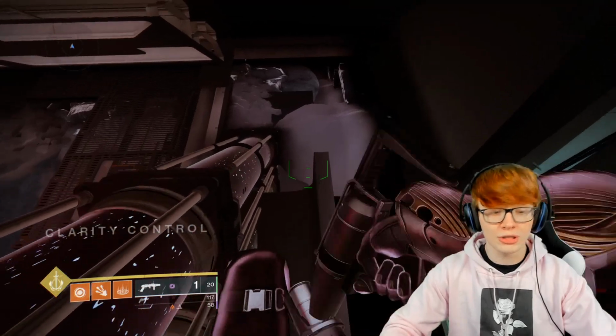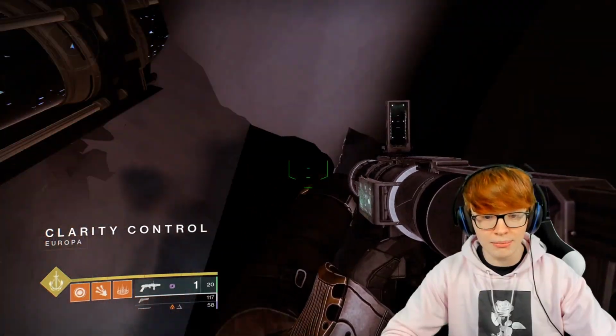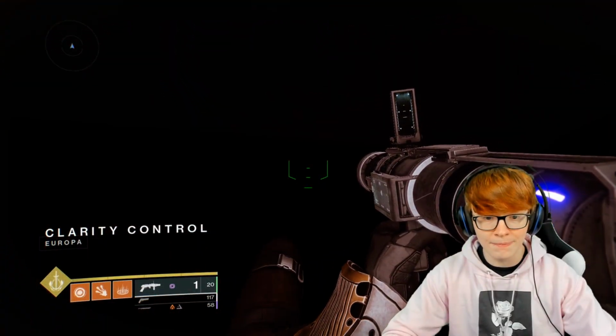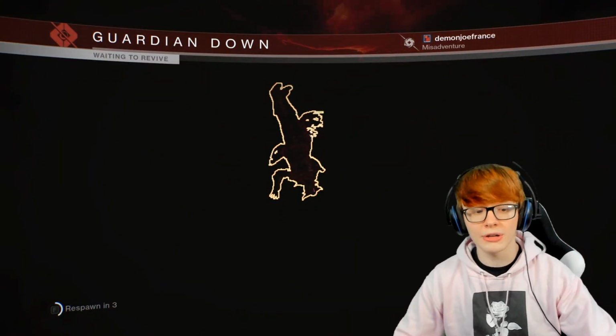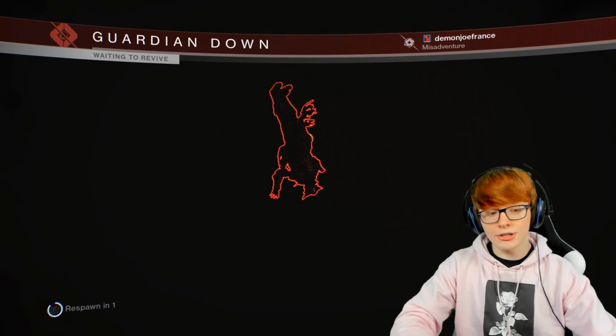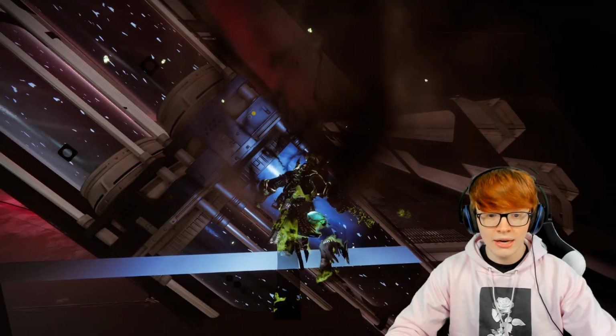It's going to be a little bit glitchy. You'll know you're there whenever it says Clarity Control, and then you want to jump down into this little hole right here and use something to kill yourself. Which, I mean, fall damage and a grenade will do just fine. Now, after you do that, you should spawn in...